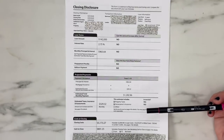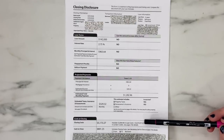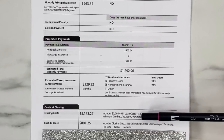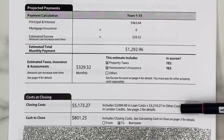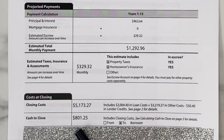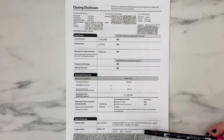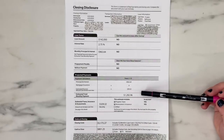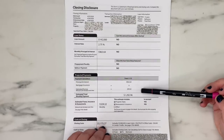And the closing costs for this loan total were $5,173.27. That included $2,004.40 in loan costs and then $3,219.27 in other costs. And then the cash to close was $801.25 sent back to us after this. And we did receive that already and put it toward our emergency fund. And then if needed, we can pull that and pay for any expense if the loan ends up being short on escrow or not. But we don't think it will be since they have funded escrow and we're pretty accurate based on